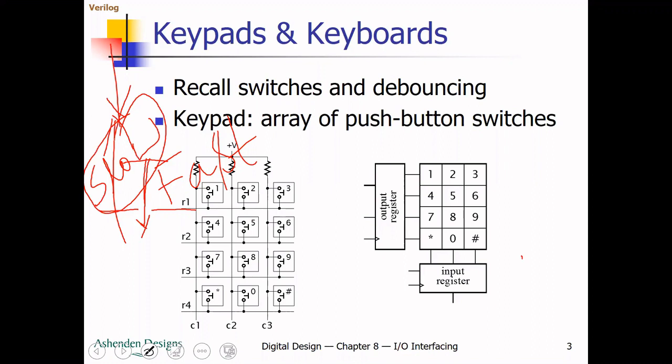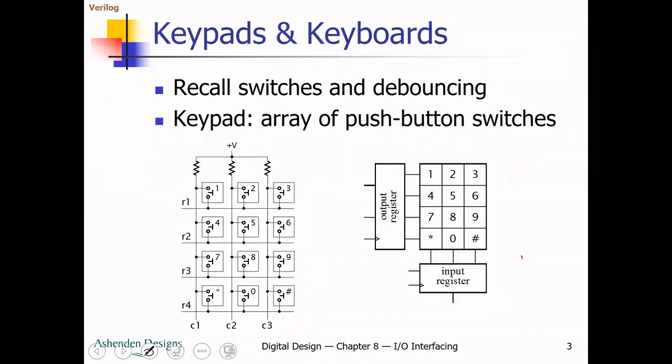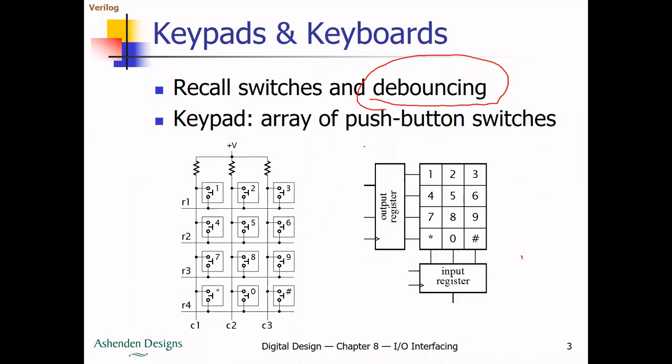If in the meantime 2 is pressed, and after a few milliseconds or microseconds of delay you press 6, what happens? The system can't recognize what you have pressed. If you minimize this debounce effect, then the output can be detected, and whatever input you have pressed can be sensed properly. Got it? This is about the debounce effect.